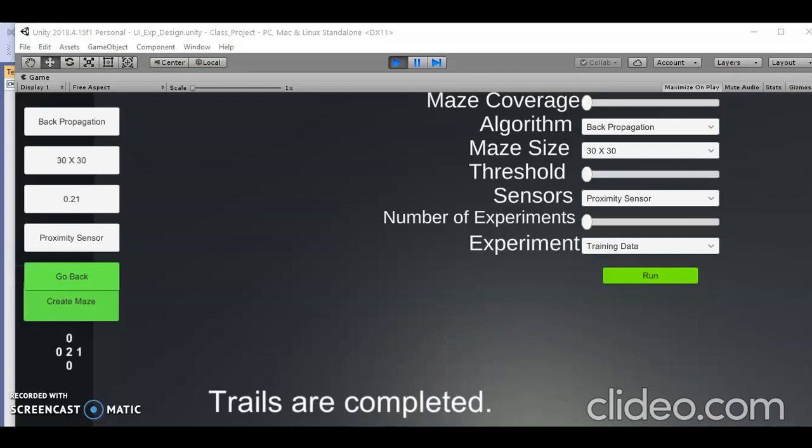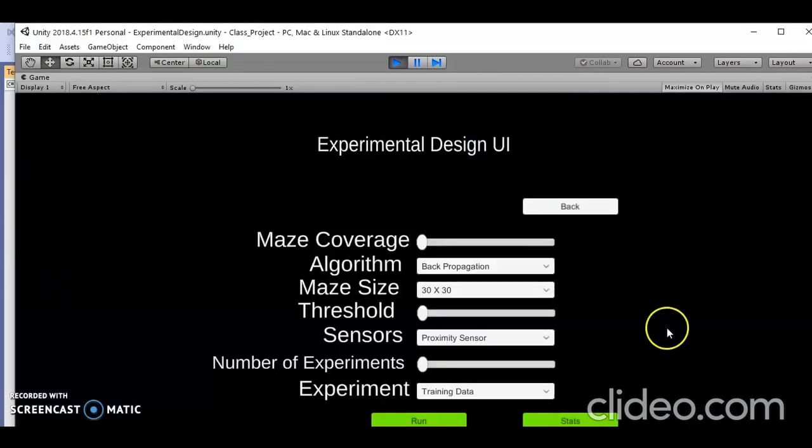So all the 4 trials are completed. Once all the trials are completed, we see a following message on the screen saying that trials are completed.